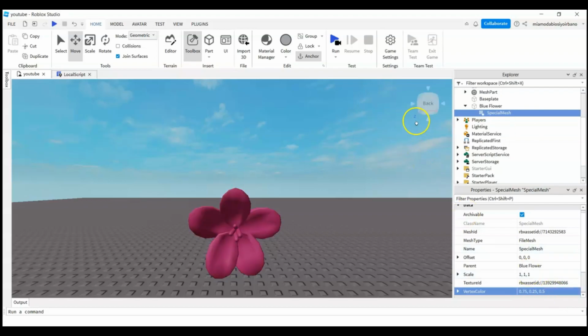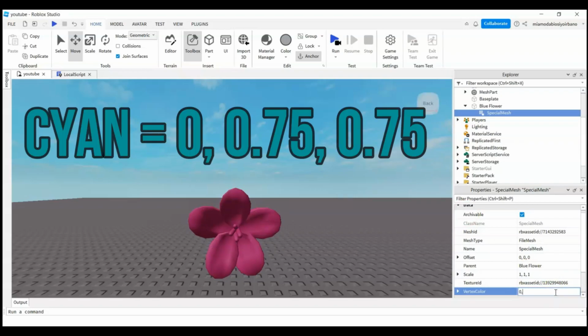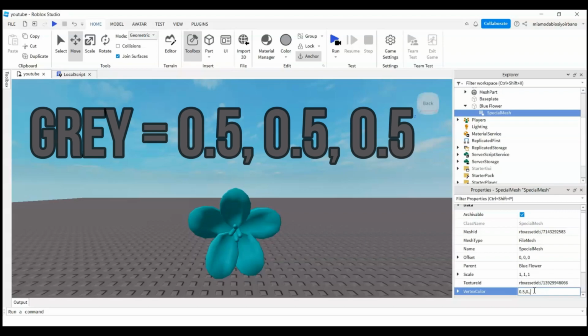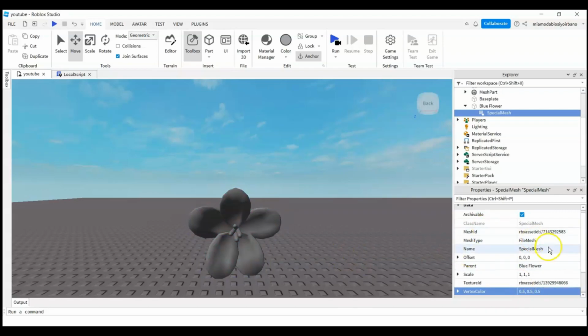0.5. That's magenta. For cyan, it is 0, 0.75, 0.75 again. That's cyan. For gray, it's just some black and white mixed together, so 0.5, 0.5, 0.5. That's gray. For lilac,